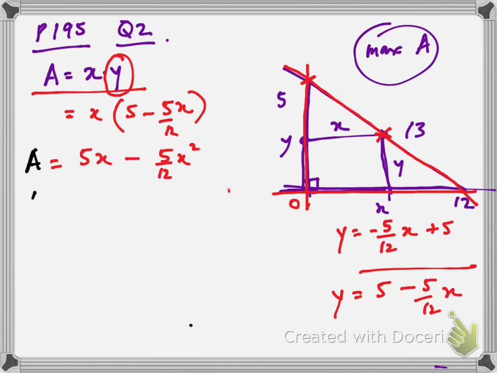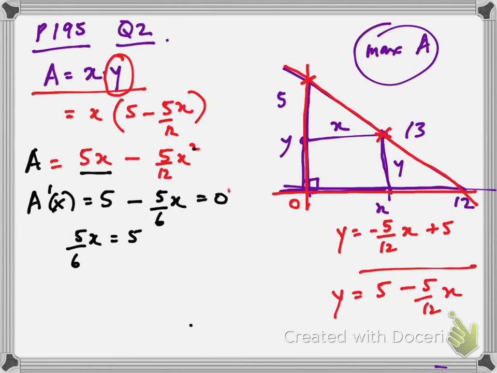Now let's differentiate I dash of x. So 5x, if you differentiate, you get 5 minus 5 times 2x over 12. 10 over 12 is 5 over 6x. Okay, now you equate it to 0. All right, that's better. So then you end up with 5 over 6x